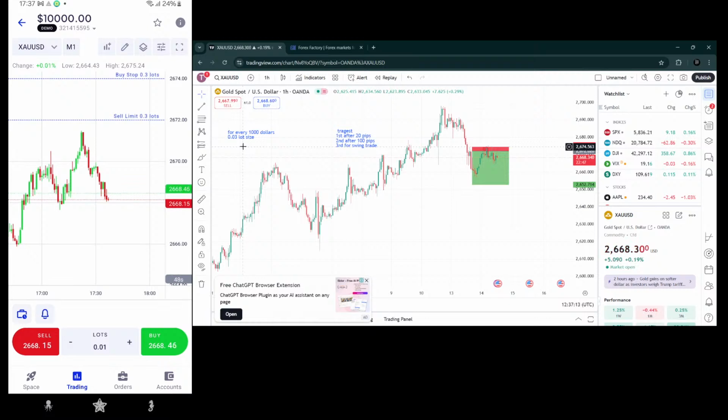So we still have time because 1 hour is left, and we'll see what happens in the market, whether the market comes and hits our sell point or not. Even if not, then you don't have to panic or go